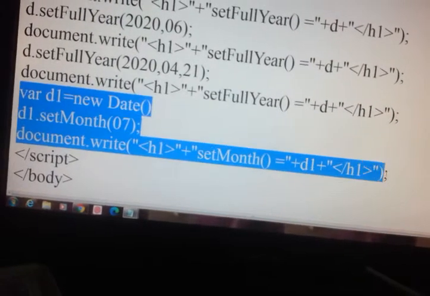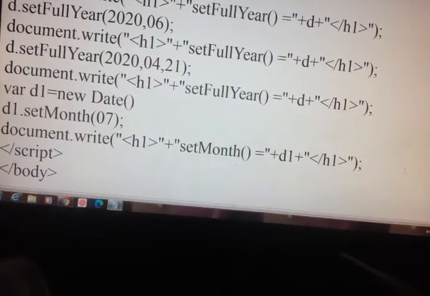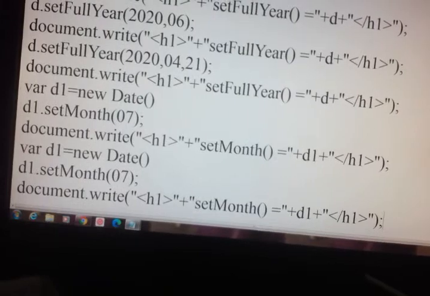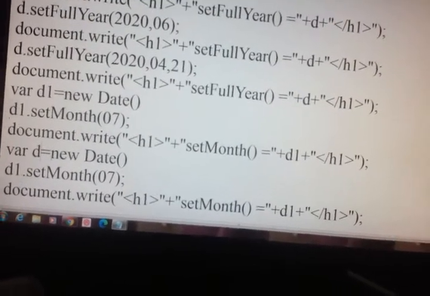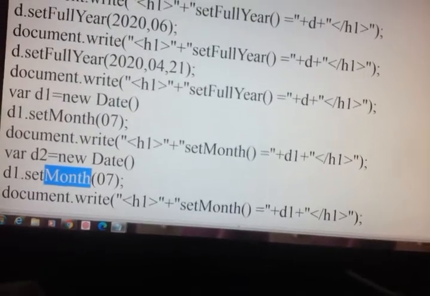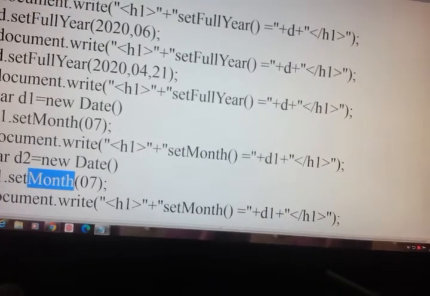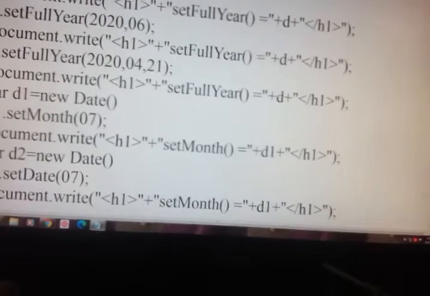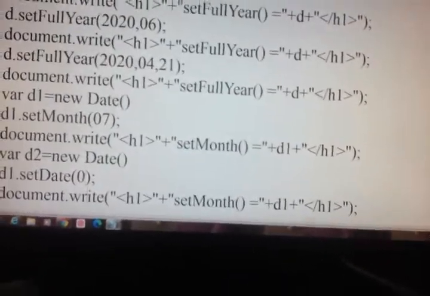Just copy paste, Ctrl C, Ctrl V. D2 set date. 0 to 31. First I will try 0.